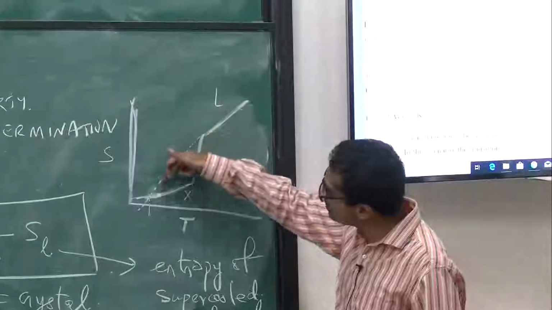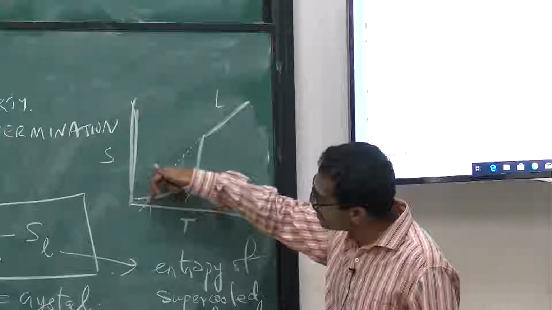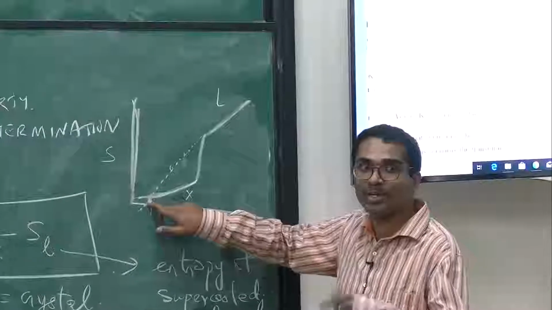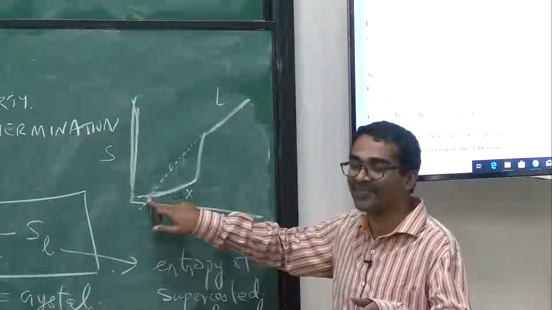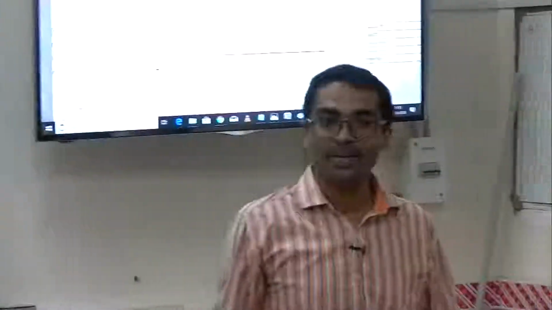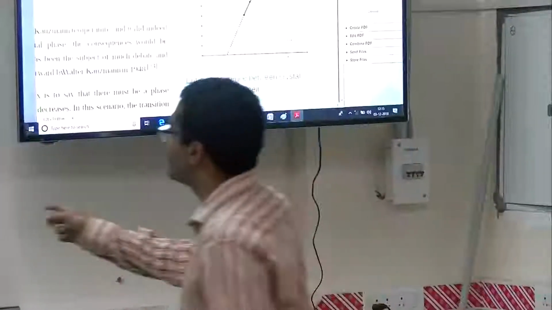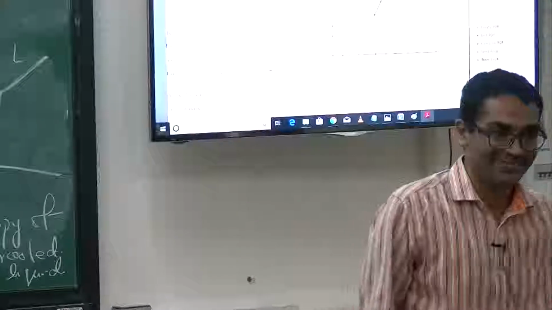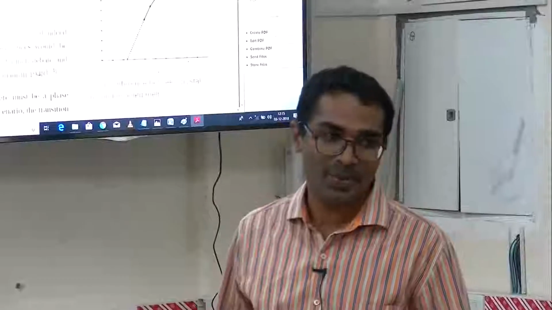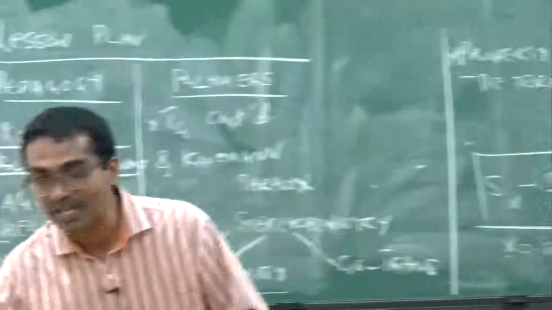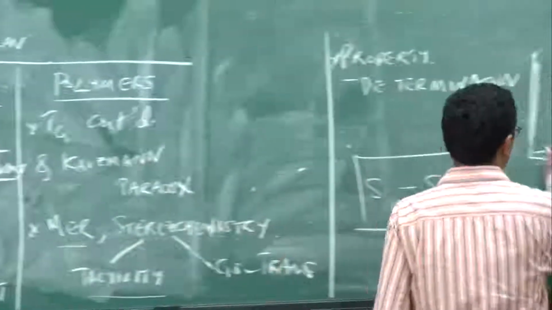If the liquid were to be supercooled, beyond this particular point, what would happen? The liquid would have an entropy that is lower than the entropy of the crystal. And since that is just not allowed, you would expect the system to freeze before it reaches this temperature. So, undercooling is allowed, but not infinitely. There is a lower limit to which you can do this undercooling, and that is given by this point. Once you hit this temperature, you can expect a freezing event to happen.